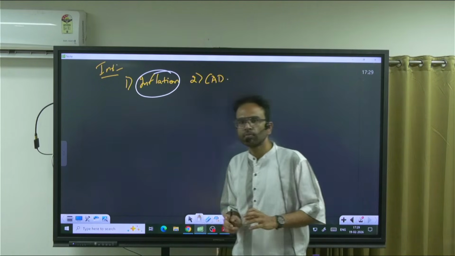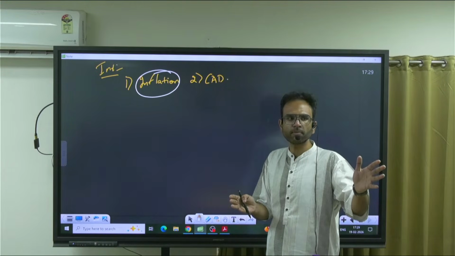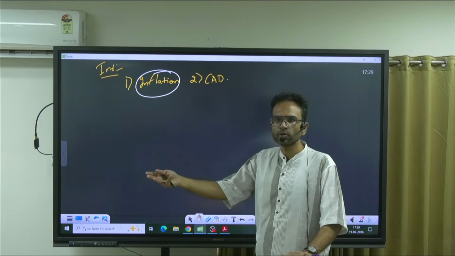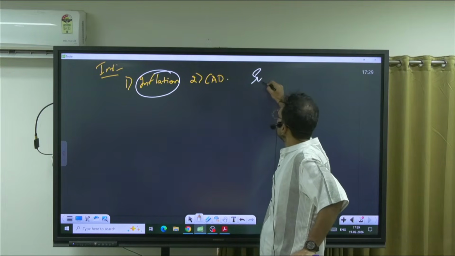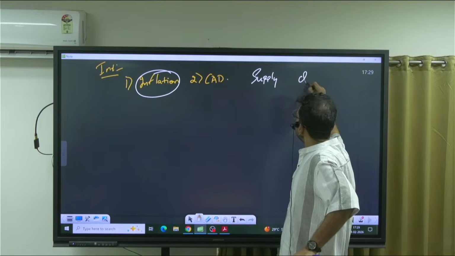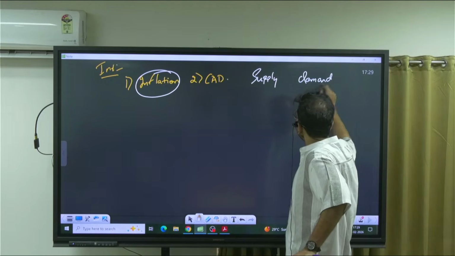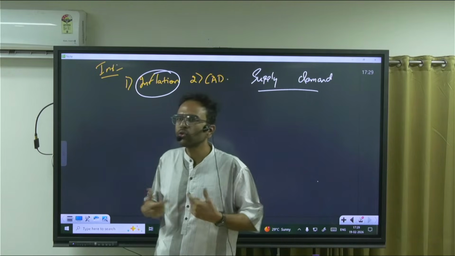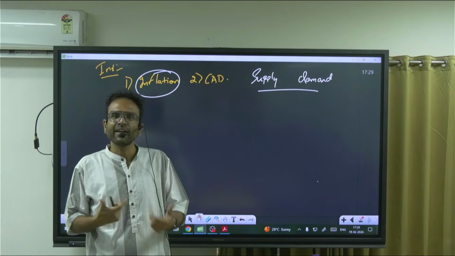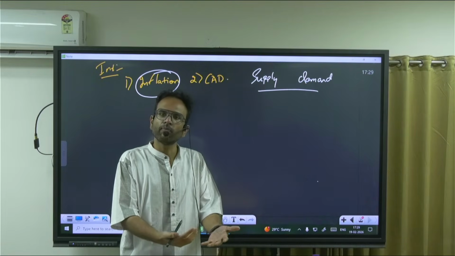In an economy, there are two sides. One should produce something and the other one should buy something. Supply side, demand side. Okay? Supply and demand. When will an economy grow? When supply is equal to demand, there is no incentive for figuring out where the extra money will come from.